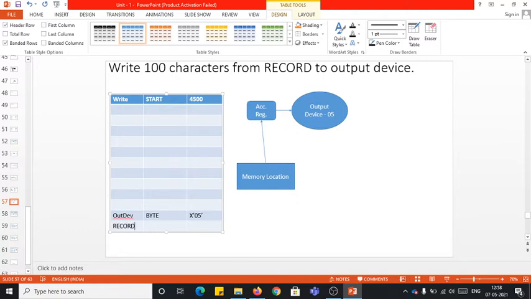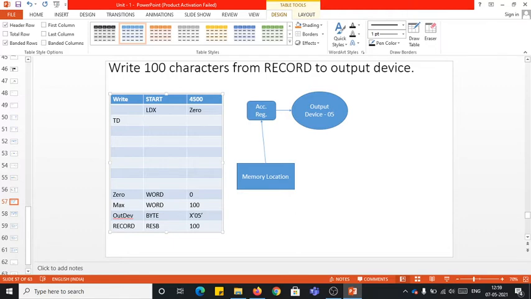Thinking that RECORD is the memory space which has the characters. How many characters does it have? It has 100 characters. Assume it has 100 characters, and as usual I need two more variables in SIC, ZERO, which is initialized with 0, followed by MAX. As I will be writing 100 characters from the memory space onto the output device, I need MAX also to be initialized with 100, right? Once MAX is also initialized with 100, now I can start initializing the X register with 0, right?